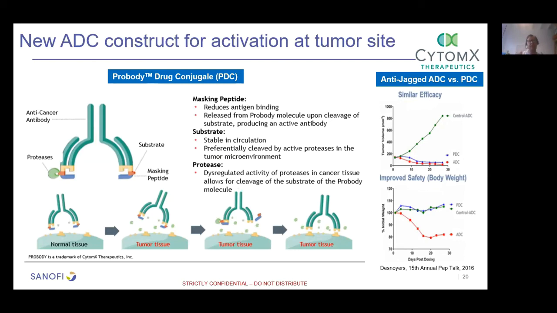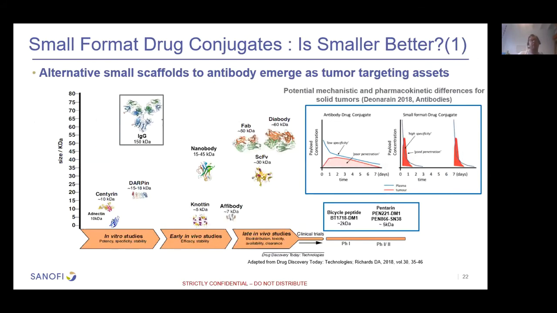The other emerging axis of development concerns smaller scaffolds than antibodies. Since antibodies are large, there is obviously limited tumor penetration, and as you can see, there are a lot of different formats, antibody fragments, being explored. There is nothing well advanced, but as you can see, there are nevertheless two, even three molecules at the clinical stage.